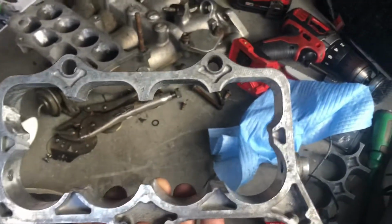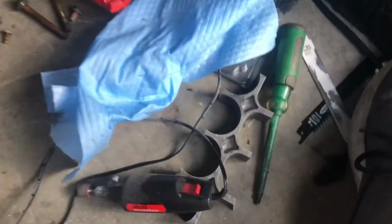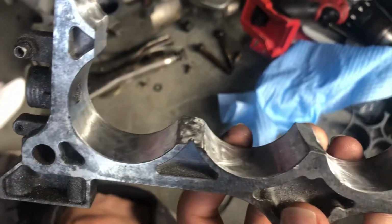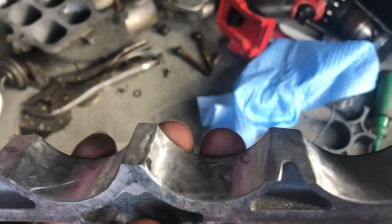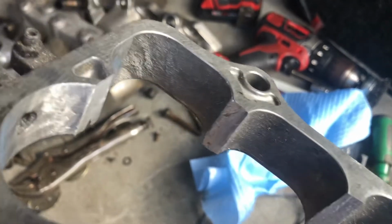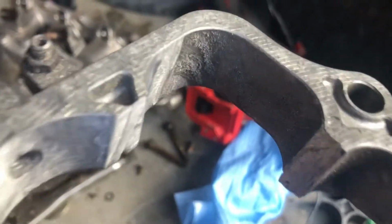Alright, so we got the centerpiece out. It's chilling over here. We went ahead and started cleaning up some of it. So, had all the edges rounded off, cleaned up. And you can see these are the ones that I still need to do. See how rough they are. All the stuff like...